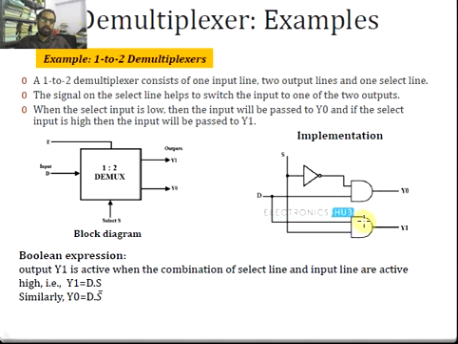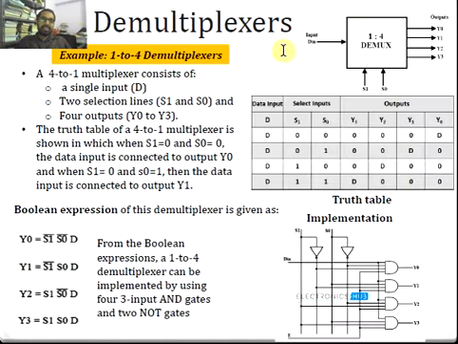and this is the corresponding logic diagram for a 1 to 2 demultiplexer. And this is another example of a demultiplexer, where we are connecting one single input line to four output lines. This is the corresponding block diagram for a 1 to 4 demultiplexer. In order to have four outputs, we need two select input lines. S1 and S0 represent the select input lines, and D is our input, and Y0, Y1, Y2 and Y3 are the output lines. Based on this truth table, when S1 and S0 are 0, Y0 should be activated. So the output has to be D.